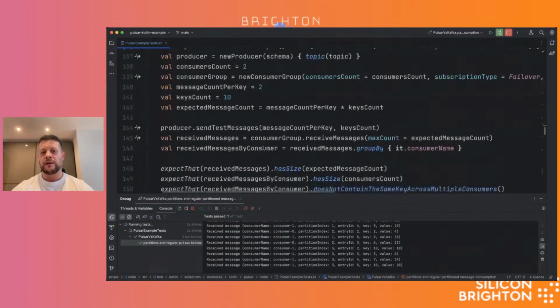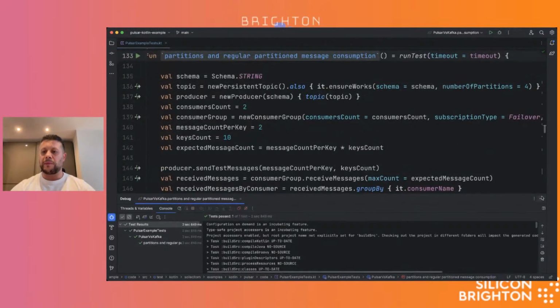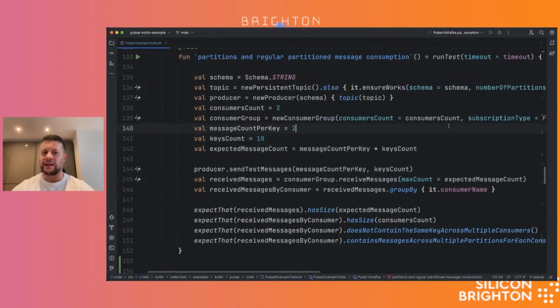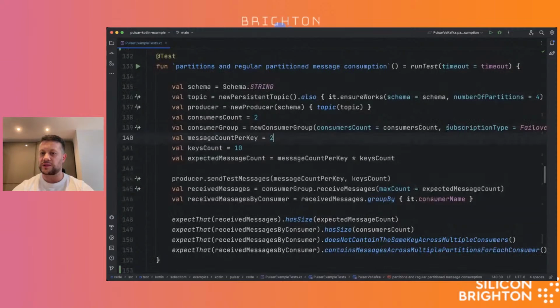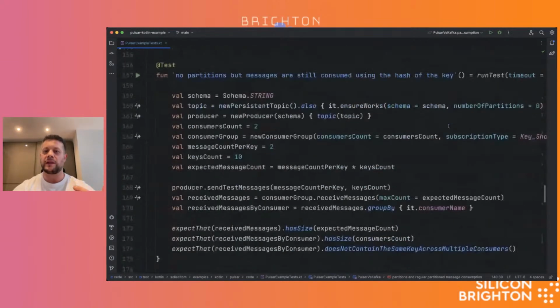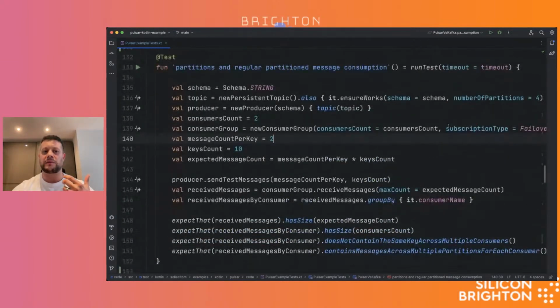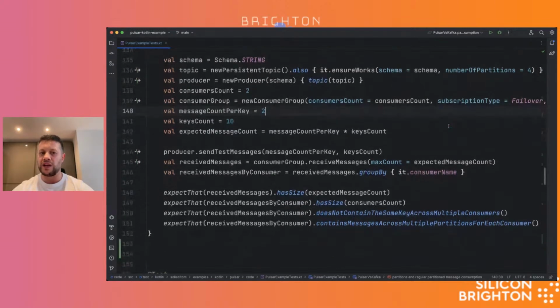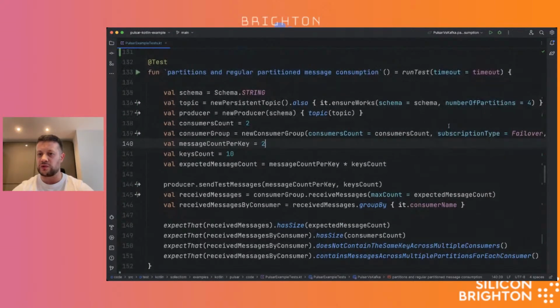Cool. So I'm still using Apache Pulsar here, but basically I'm using this subscription type called failover, which makes it behave exactly like Apache Kafka works. Now, what's the difference? Well, the difference is that while in Apache Kafka, this is the only possible behavior, in Pulsar, you can have different behaviors based on what you need, regardless of how many partitions you create.